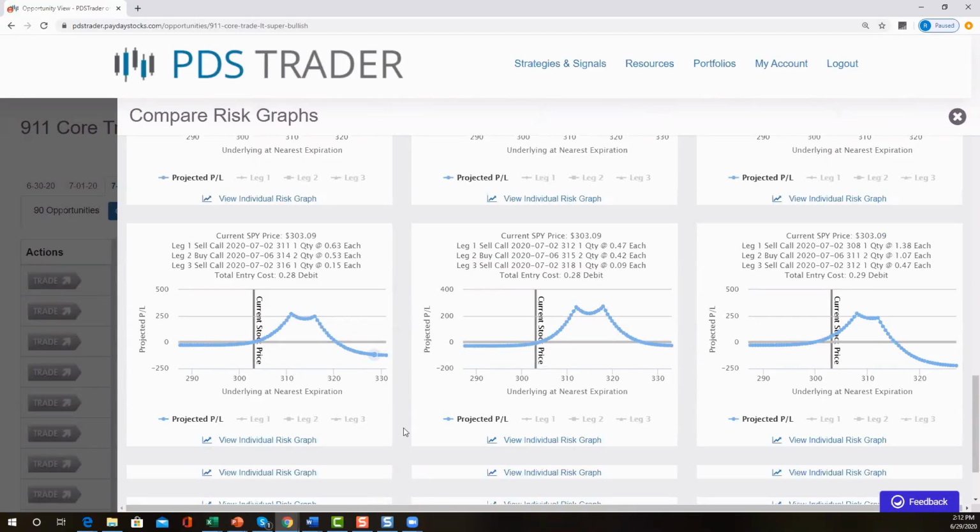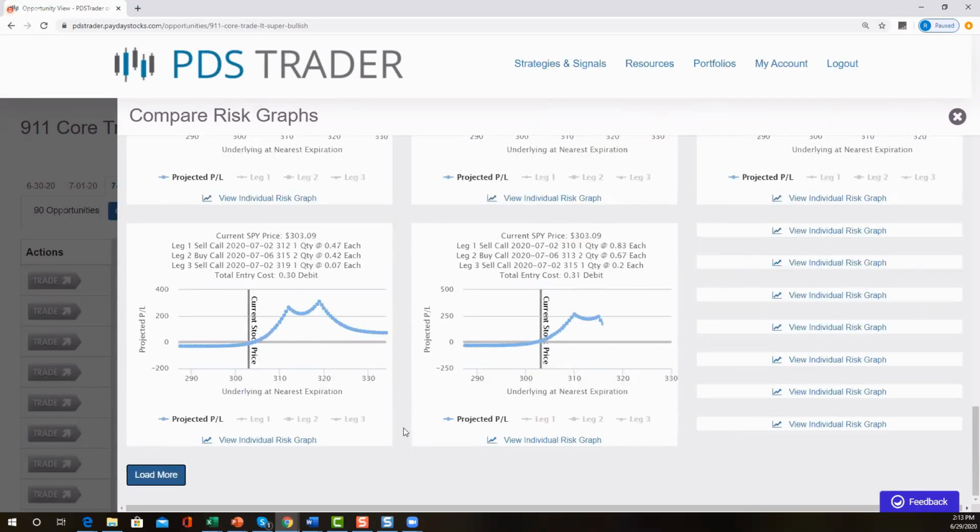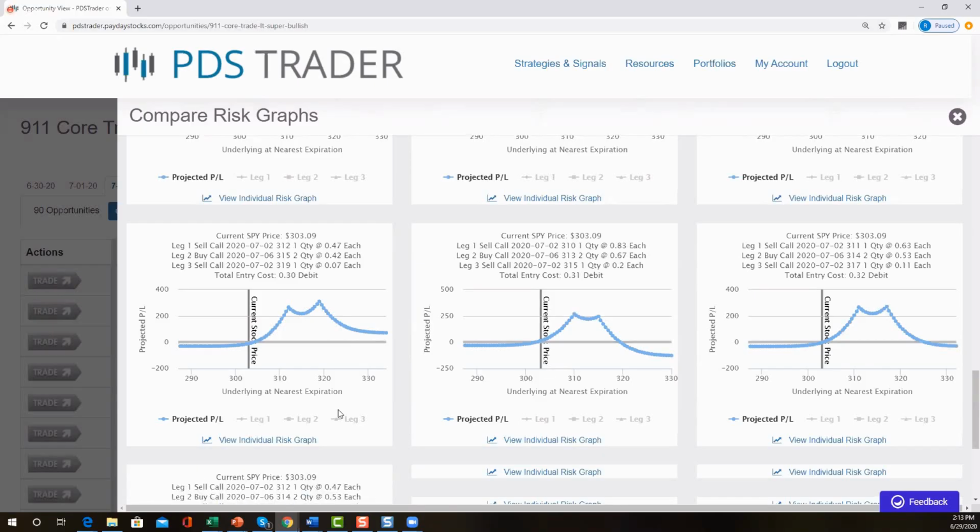All right. So here is an example of some bullish trades. There's no risk to the downside. There is a bit of a dead zone there. Here's one that's a 30-cent debit, but you'll notice that the 319, hopefully you can see that, the 319, which is the second call, is only trading for 7 cents. That's why I nixed this out of my equation. I just don't even worry about selling a 319. And that's because if the market actually moves up into this dead zone, then I'm going to be able to sell that 319 for a lot more than 7 cents, right? So that's one reason for doing that.